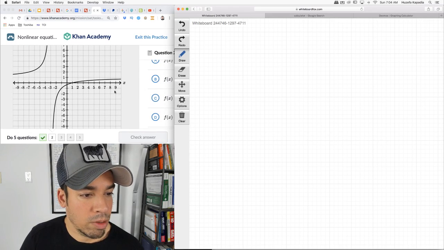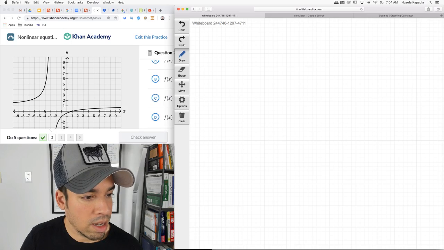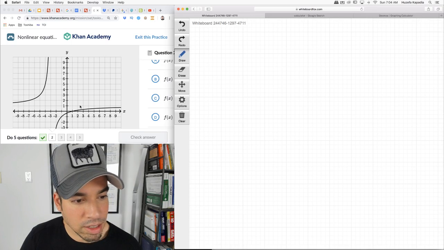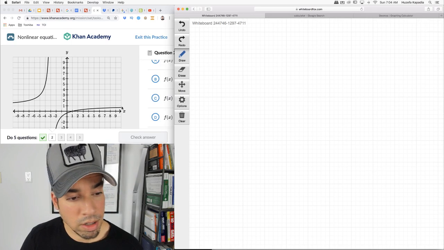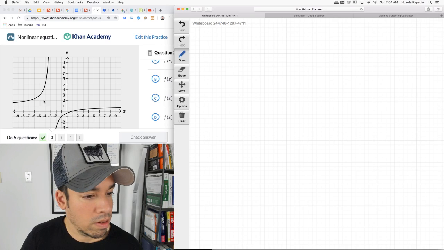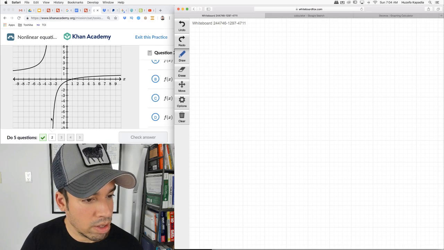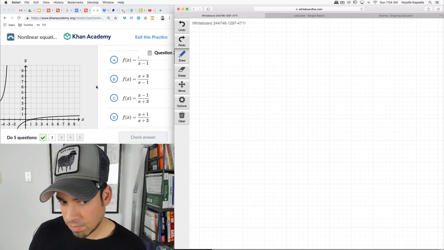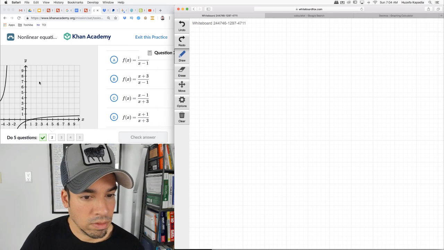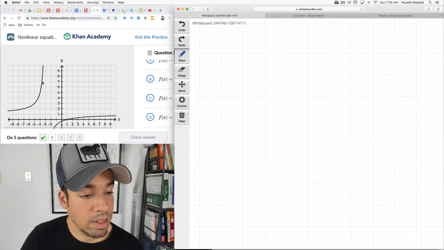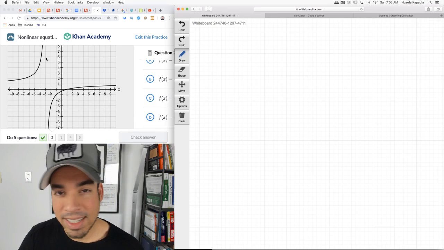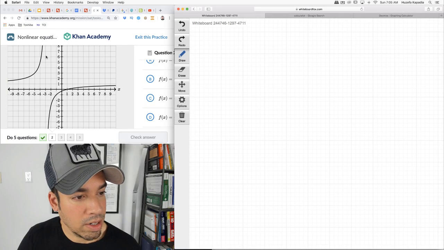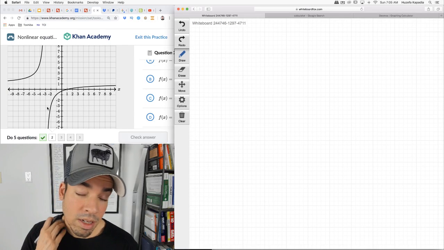So here's the way that I'm going to approach it. What I see is a horizontal asymptote at y equals 1. More importantly, I see a vertical asymptote at x equals negative 3. So what that tells me is that I need to have x plus 3 in the denominator, because